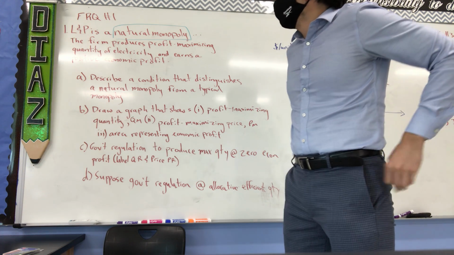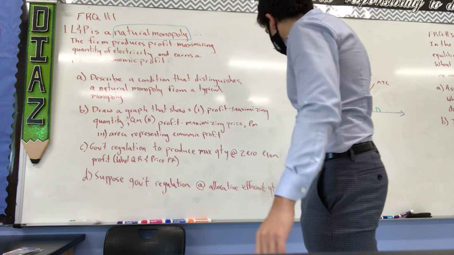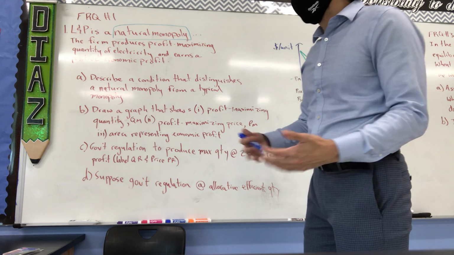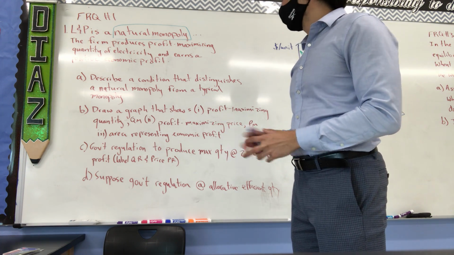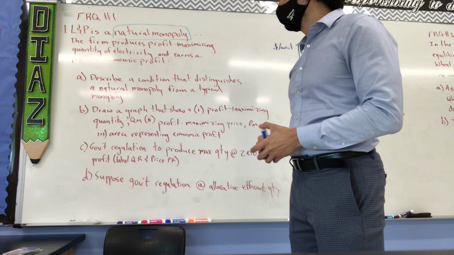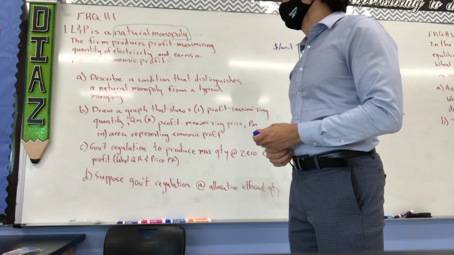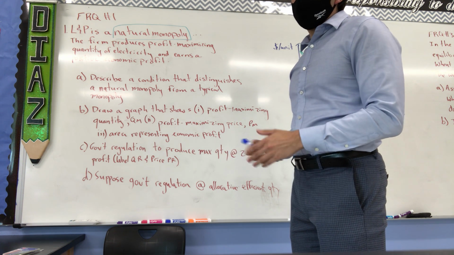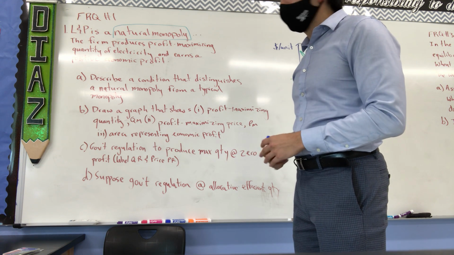It says LNP is a natural monopoly, and I highlighted natural monopoly because that raised a bit of a red flag for me. I know natural monopoly has distinct aspects about it, and we'll talk about that later when I draw the graph. And it says the firm produces the profit maximizing quantity of electricity and earns a positive economic profit. And so I know it makes sense that an electric company is a natural monopoly